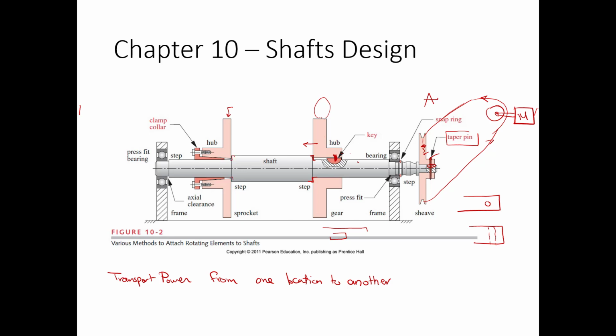Another method, instead of using the Woodruff key, is to use some kind of a hub with some bolts or screws. Sometimes we use snap rings, shoulders. So all these actually are going to create some grooves, some holes, some keyways in the shaft, different diameters. And that's what makes the design of these shafts a little more complicated than just a static bolt. And then remember, those will start rotating, and that's what is going to create what we call